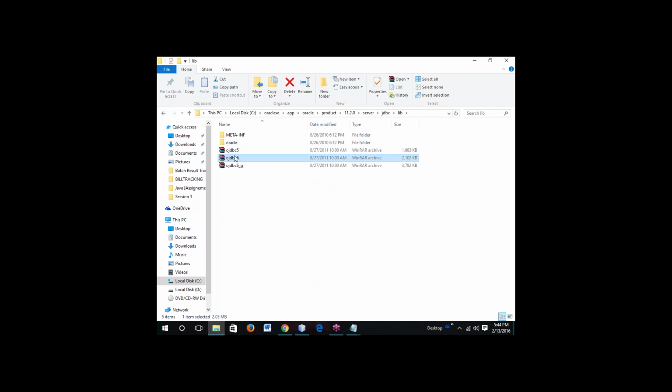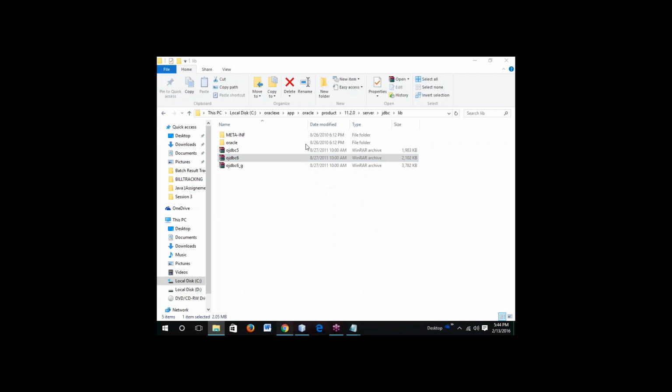Whenever you are adding a jar file, select the latest jar file you have over here. So here I am going to use this ODBC6 jar file. Once you are adding it, it is asking you to use ODBC14 because it's Oracle 11G. But anyway, they are providing ODBC6, and if you want any other jar file,